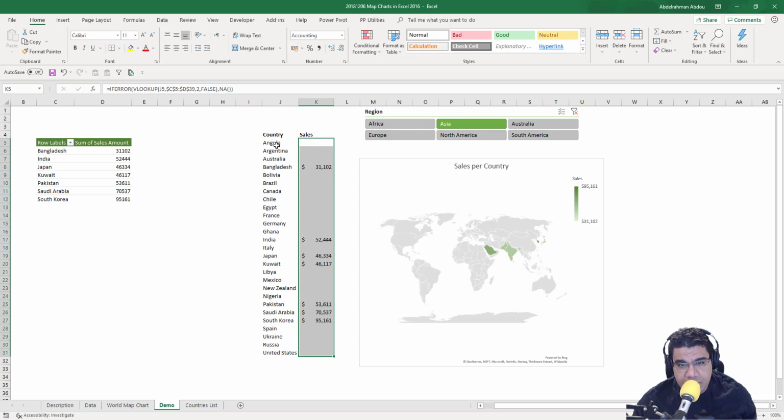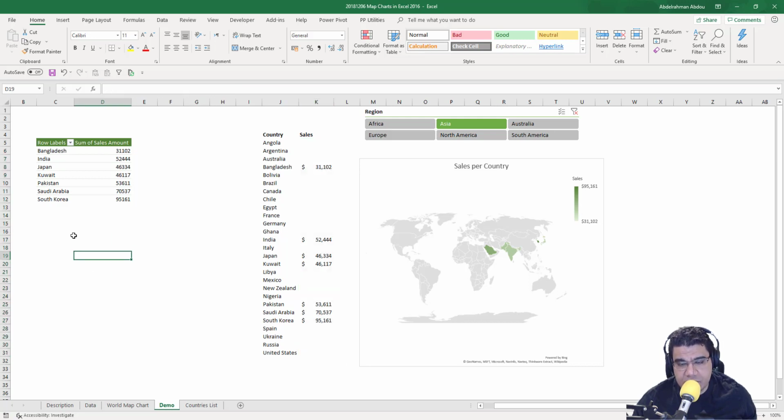So if you have 20 countries, you will have 20 sales as well on the y-axis. You get the idea. So let's create two dynamic ranges. I'm gonna create the first dynamic range here for the x-axis. So I'm gonna write equals OFFSET, and I'm gonna start from the first country here, and I'm gonna absolute my